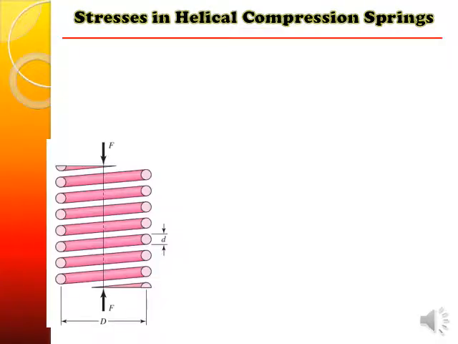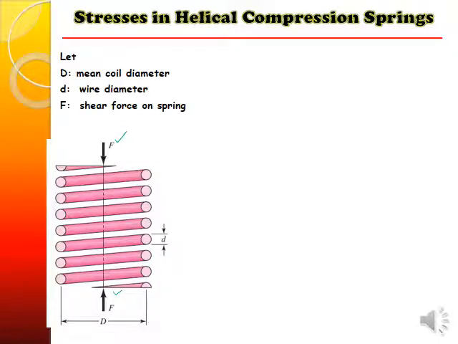So let's see how we determine, knowing basically now the nomenclature, the end conditions, and the different lengths of the spring. Let's take a spring. A compressive load is applied onto the spring. The mean coil diameter is D, and the wire diameter of which the spring is made is the small d. So in other words, capital D is the mean coil diameter, d is the wire diameter, and F is the